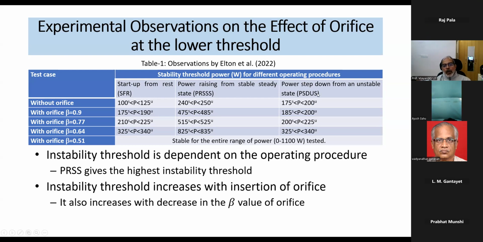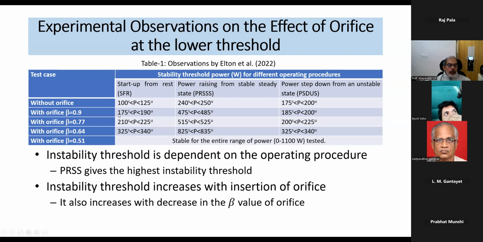And now if you go to an unstable region and reduce the power, then you find a third threshold. So in other words, the threshold of instability actually depends on the operating procedure. And